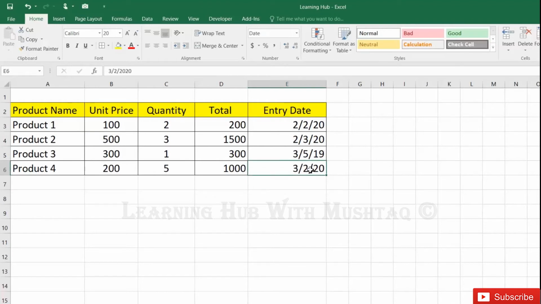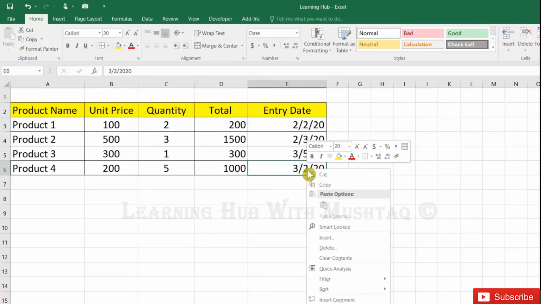3/2/20. Now I want to make the default format for my Excel. Every time I enter a date, it should convert automatically into the default format. Instead of right clicking here and changing the format cell,